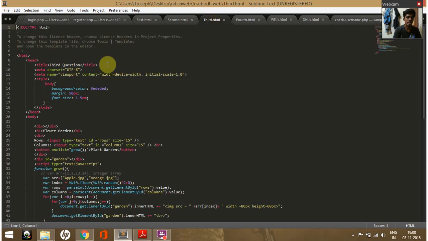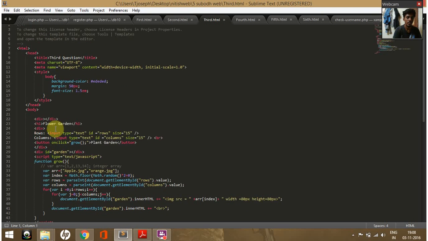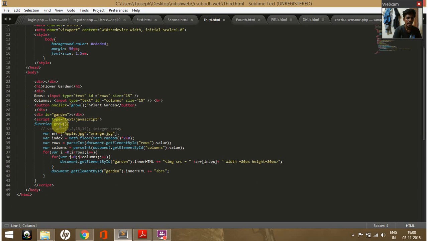Third question was to create a flower garden. For that the coding is here. Here I give the function grow, and grow is called in the on-click of the submit button. I create an array of images, apple and orange. I give the index as Math.random. I use these two functions to create the rows of apple and orange, and I take the rows and columns